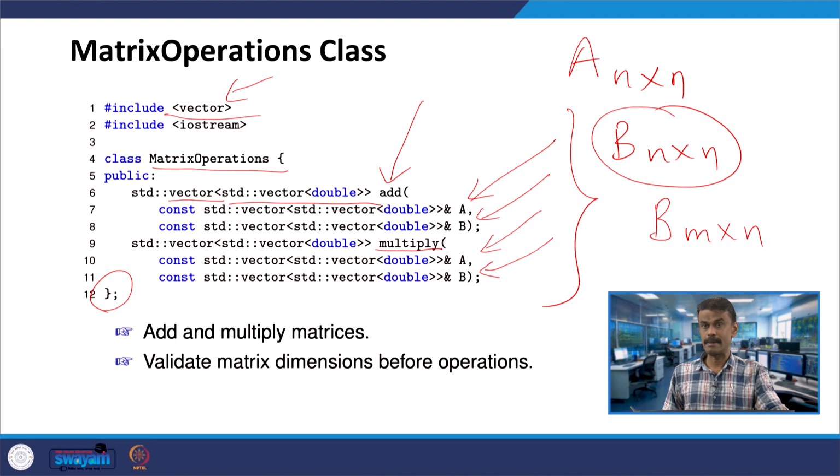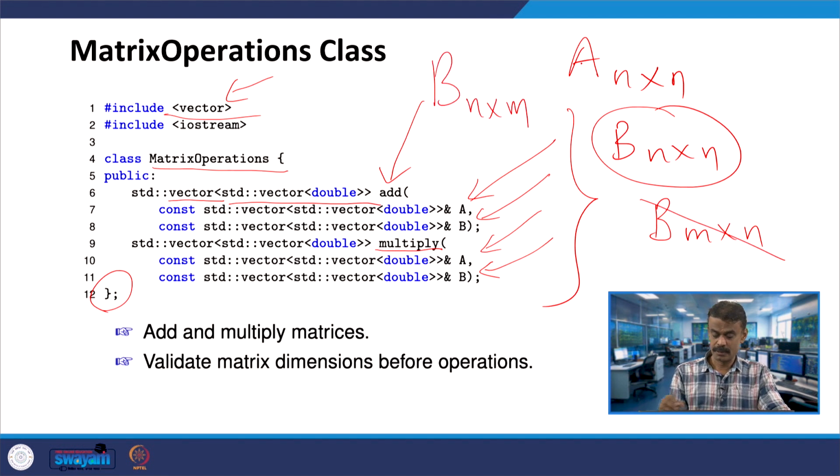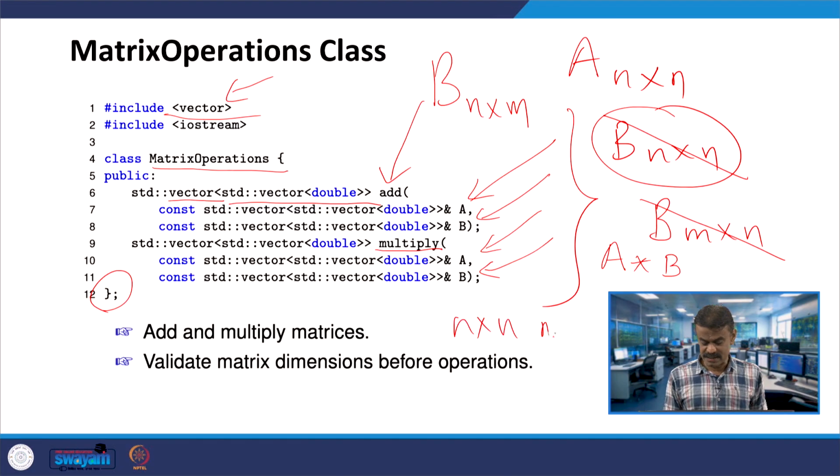From the programming point of view, we have to worry about the edge case, or base case. Suppose A is n cross n and B is n cross m. Addition is not possible, whereas multiplication A star B is possible, because one is n cross n and the other is n cross m. The resultant you will get is n cross m.